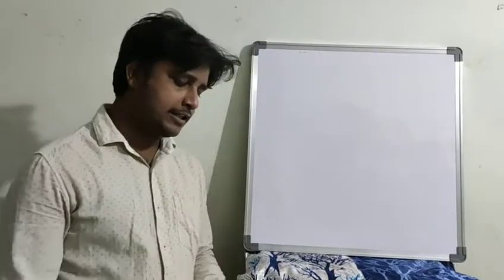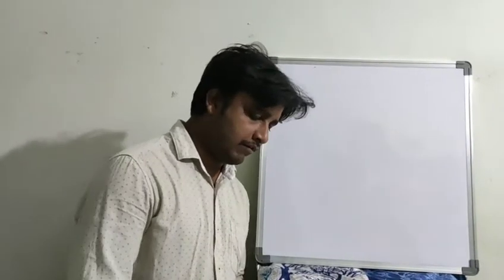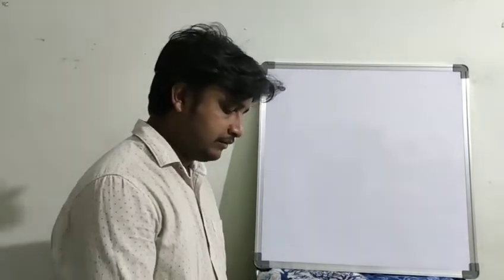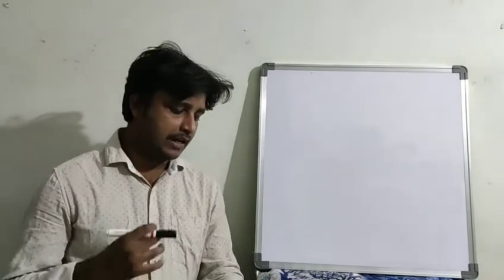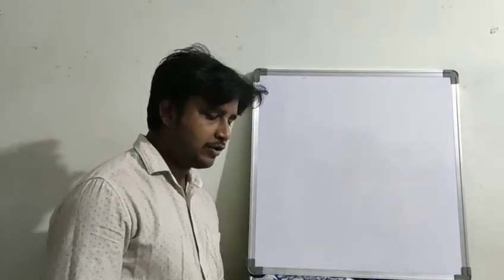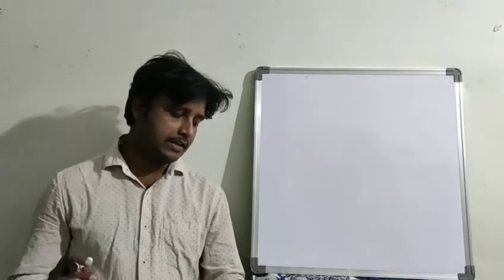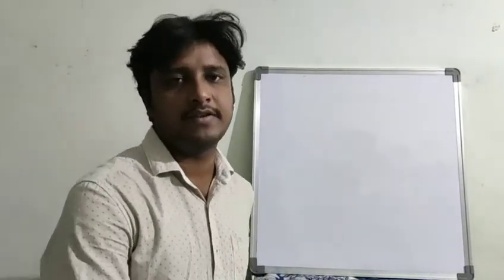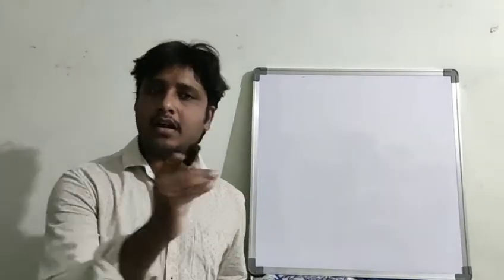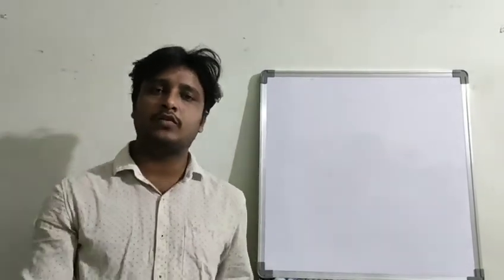The question is: the following distribution gives the daily income of 50 workers of a factory, with the daily income in rupees and the number of workers given. Convert the distribution above to a less than type cumulative frequency distribution and draw its OG. So here we have to use the less than type cumulative frequency distribution, and we have to draw its OG. Here he is asking only to draw the OG. In this situation you have to draw only the OG curve.